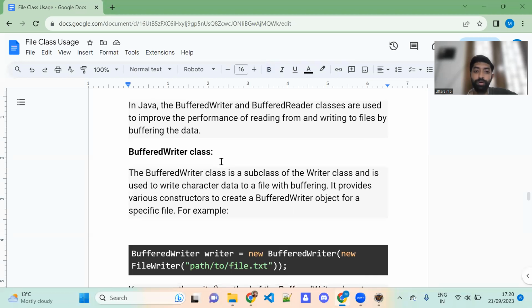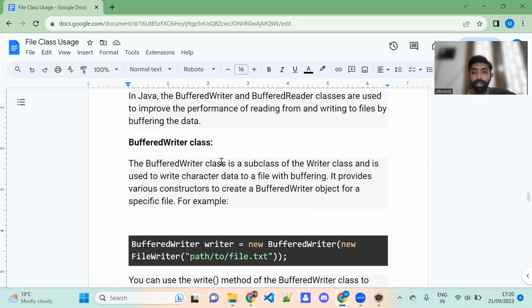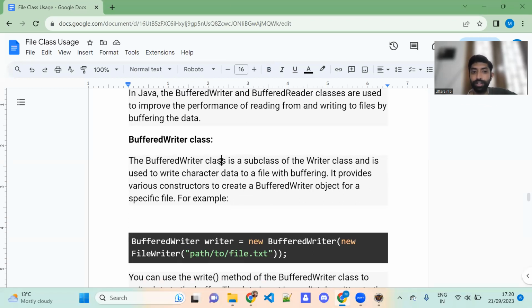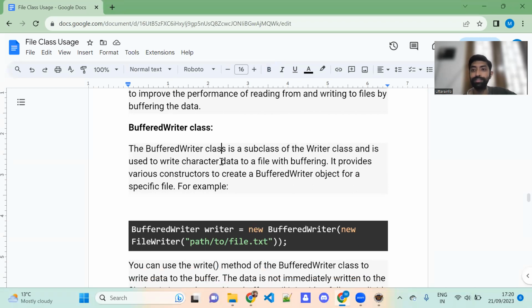We always use BufferedWriter and BufferedReader. BufferedWriter is like a pen and FileWriter is a refill. Okay, you will never forget this. You cannot write without a refill, only with a pen, right? Like that,